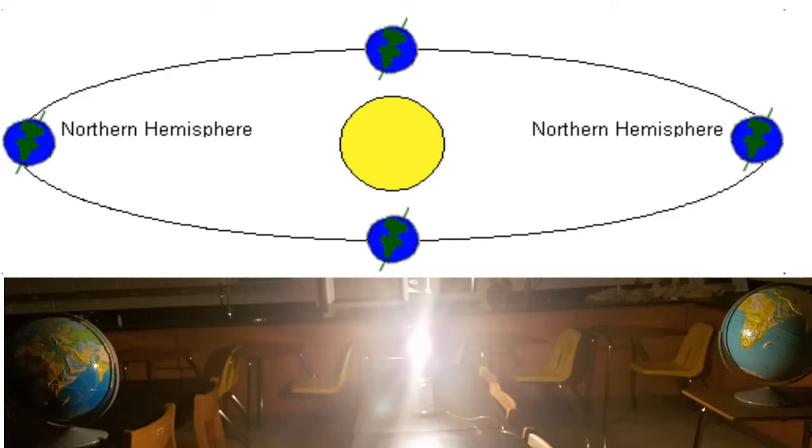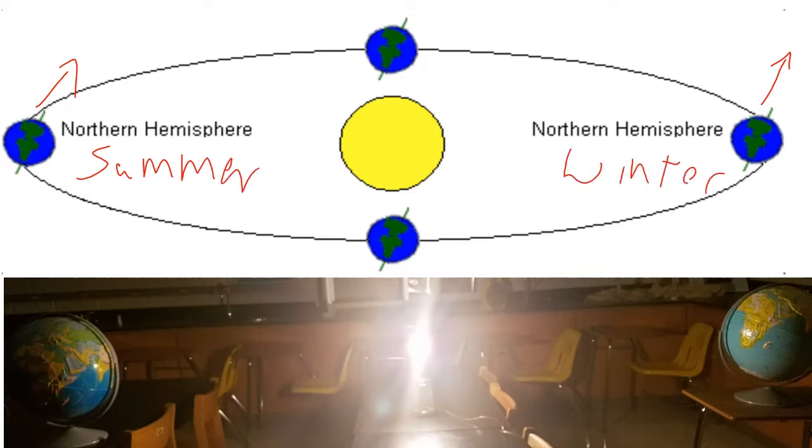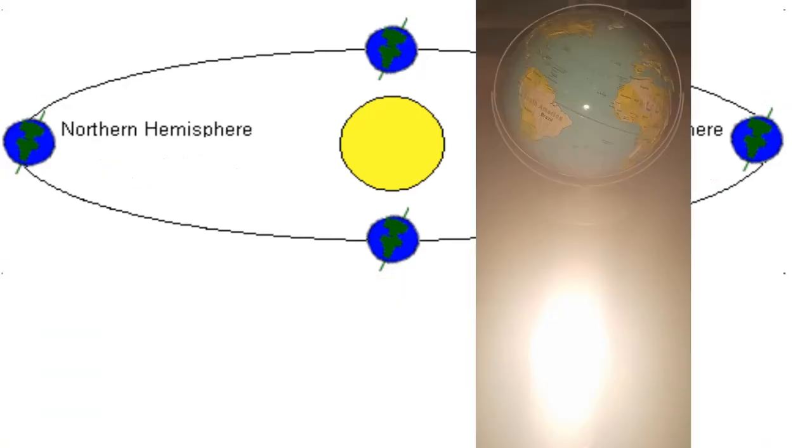So we get this. We get that over here we're going to be tilted away from the sun. Here we're tilted towards the sun. So this is going to be my summertime over here where I'm leaning into the sun. This is going to be my winter time. But what about in between? We know we just don't skip from summer to winter. We go through the other seasons. Well, what's happening with sunlight then?